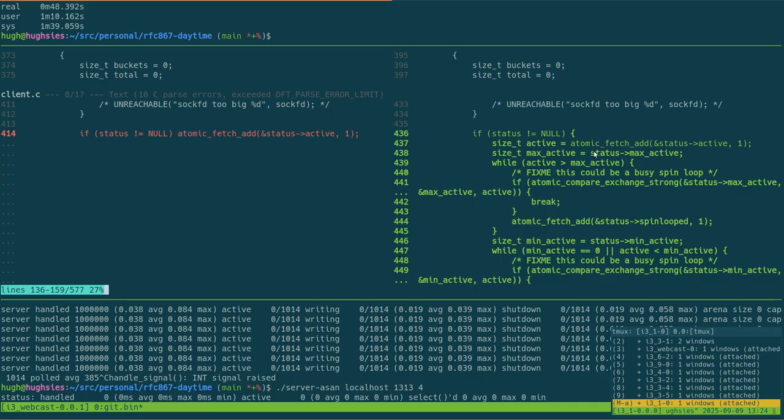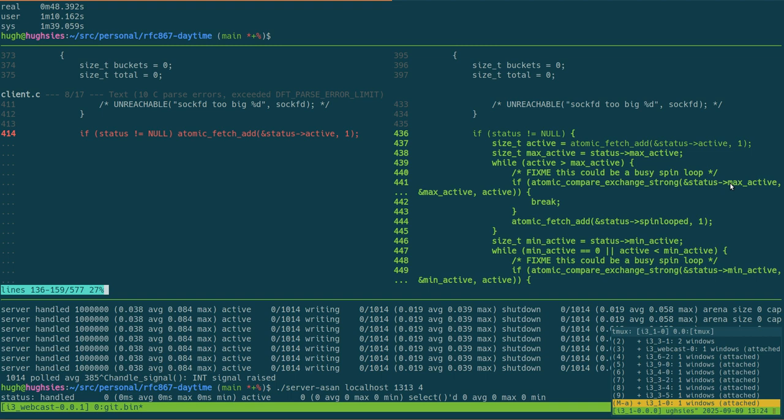than the max active. And this little loop here is like a compare while greater than. While we are greater than the last max active that we saw, the active that we got, and that active will never change. We then try to change it, but we'll do a compare and then change. And so what this will do,